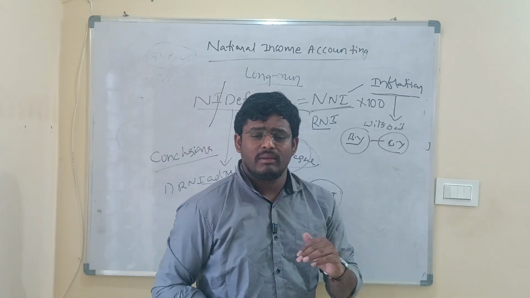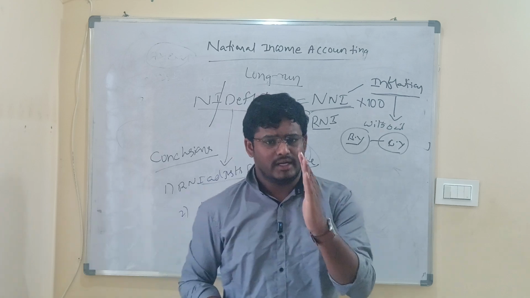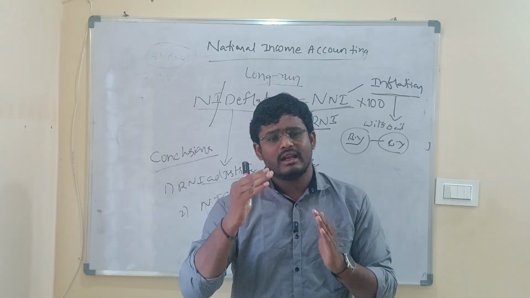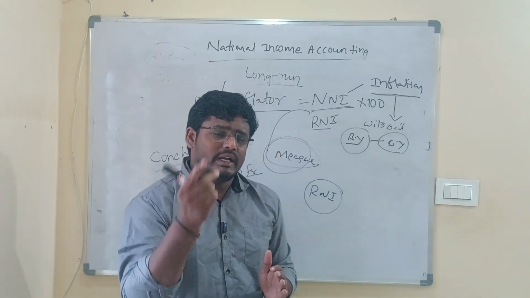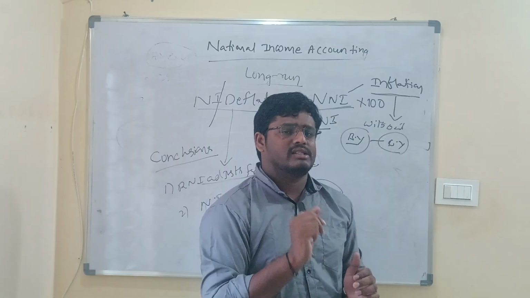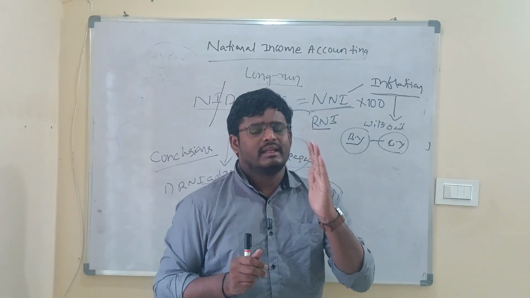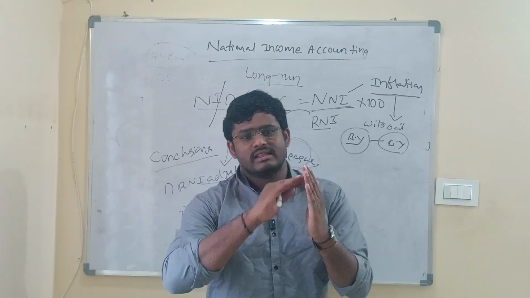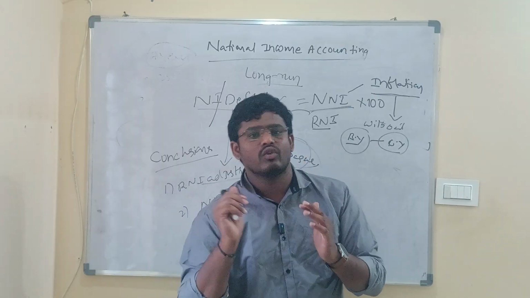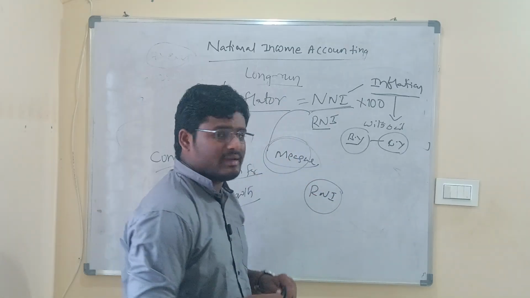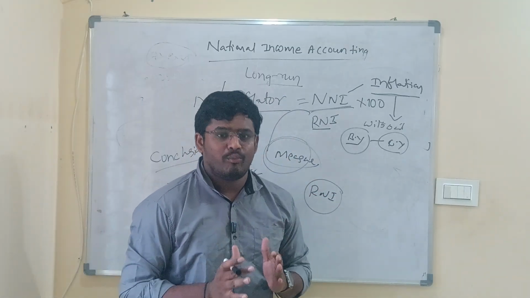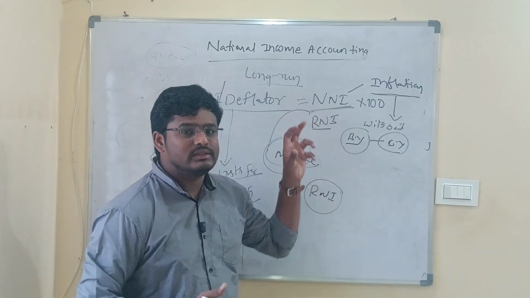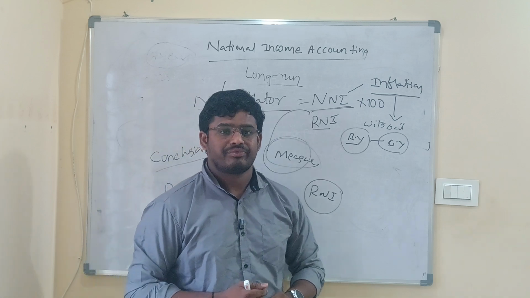For example, if the nominal national income of India is 100 rupees, and if the nominal national income of India in the next year is 107, we can't say it has increased by 7%. It might happen due to the rise in the price of the goods. That is why we compare the real national income of India: in the past month it is this much, and in the next month it has grown like this, or next year it is like this. So we take real national income as the measure. So these are certain important points which we have to keep in mind with regards to the chapter of national income accounting. Thank you.